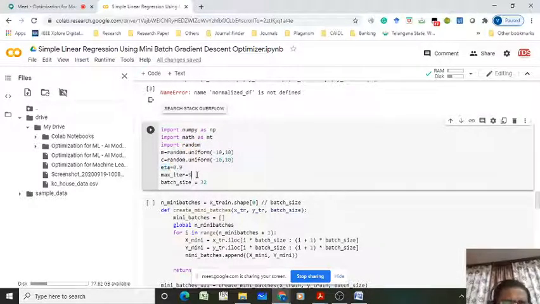I am putting the maximum number of iterations equal to 5 because it is a large data set and Google Colab will take a long time to train the model over 10,000 iterations, unlike BGD and SGD, where we worked on a small data set, but here it is a large data set.